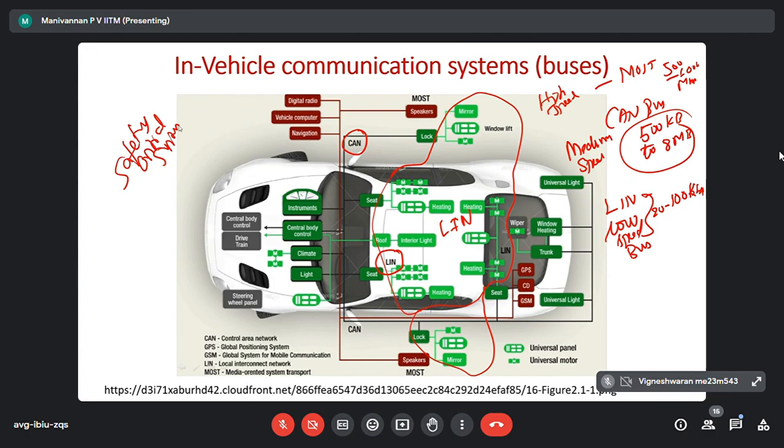Correct? If your music system doesn't work, for example, you press the switch on your CD player and it takes 1 minute, the sky will not fall, nothing will happen. Your infotainment, your cell phone, the DSM system is not working, or GPS is not working, the sky will not fall, nothing will happen. You may get irritated, but if your brake doesn't work when you apply brake within milliseconds,